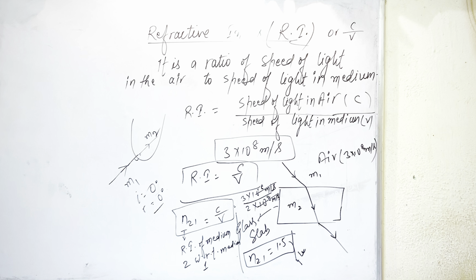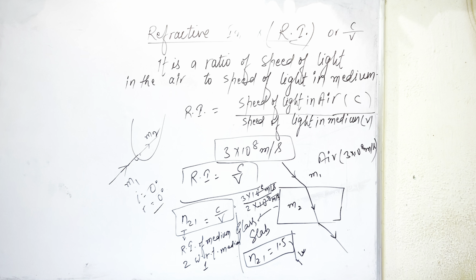Now look at the next one. Suppose this is a curved glass and the light ray is coming from infinity, and there is no bending of the light rays. Still it is changing from medium 1 to medium 2. It is glass, and glass here is a curved surface, a hemisphere, you can say. The light ray is traveling from one medium to another, but still there is no bending of the light rays. What does it mean?